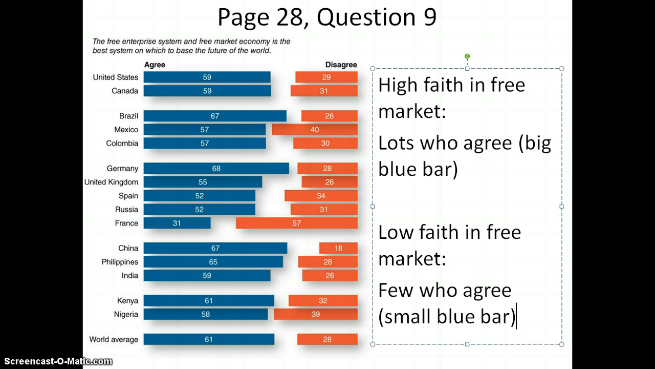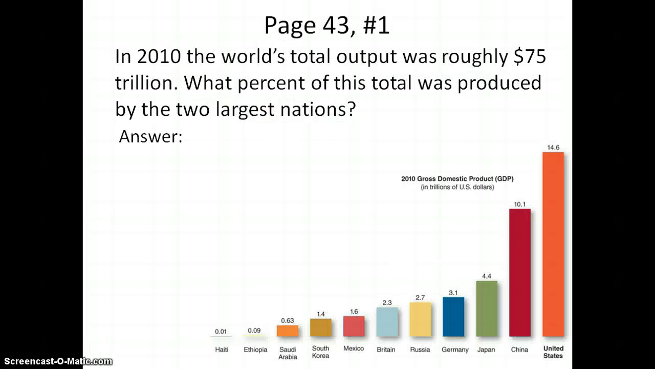So using that, you should be able to apply it to the picture and determine which nations have the highest and the lowest faith in the free market system. And then the next question wants you to calculate what fraction of GDP is produced by